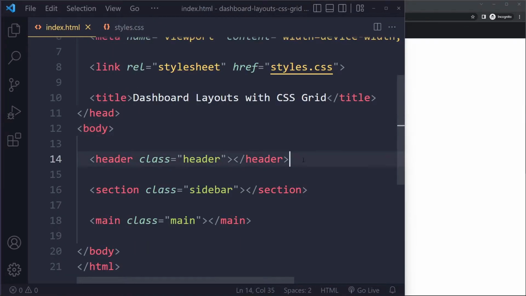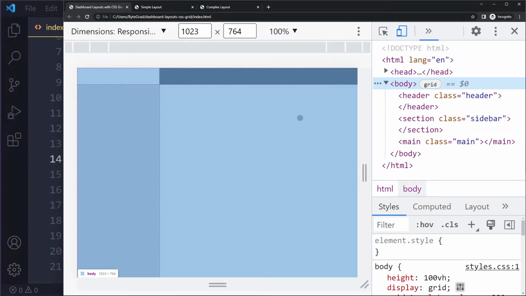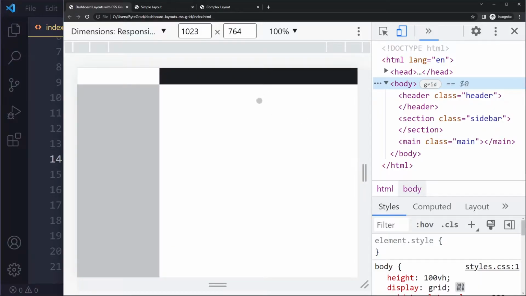Okay, so let's see what we have. This is the example, right? So now we're gonna go to our project, gonna refresh, and there is gonna be some default behavior. So we have now created the grid and the browser has some default behavior. It's gonna try to automatically place these grid items somewhere in that grid. So now we have a bit of a strange layout, but that's because of the automatic default placement kicking in. Now, if you right click and go to the inspector tools, we can actually see the grid